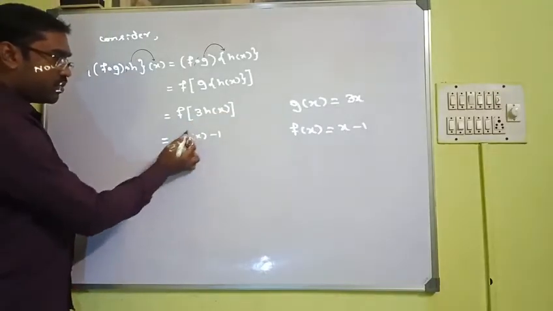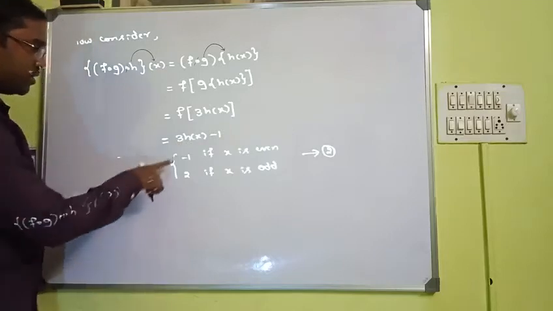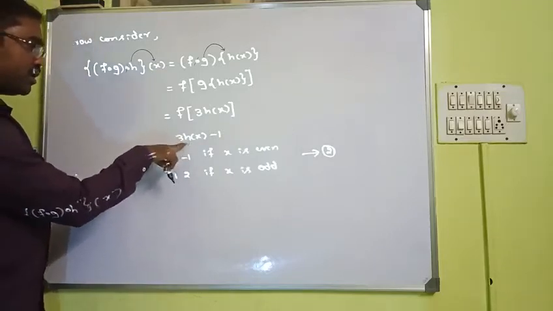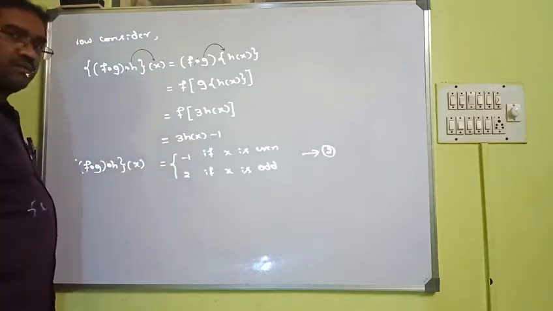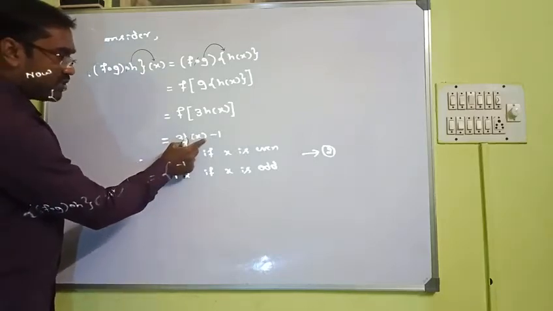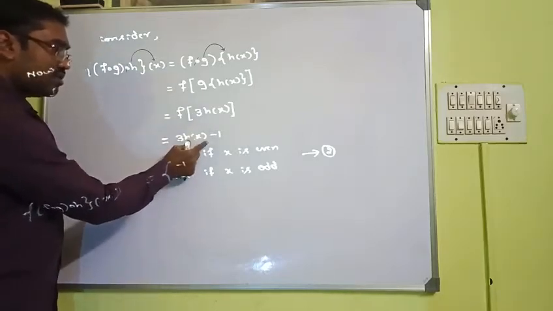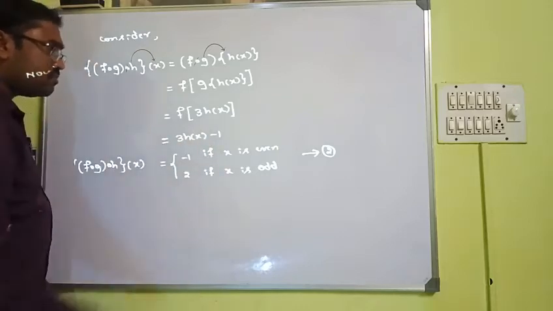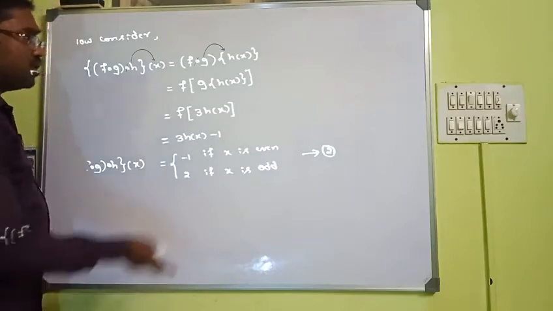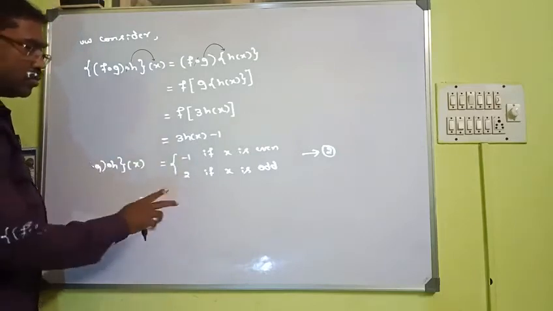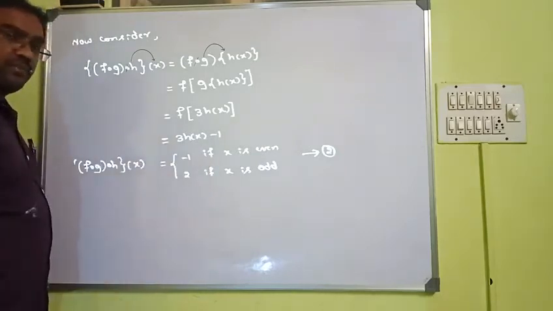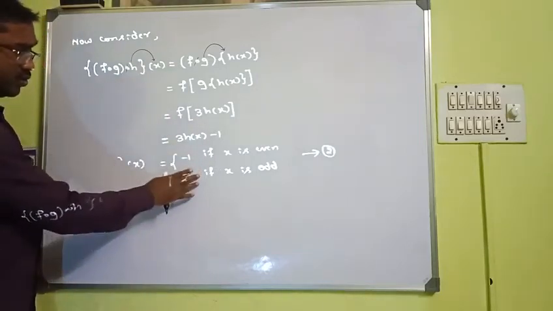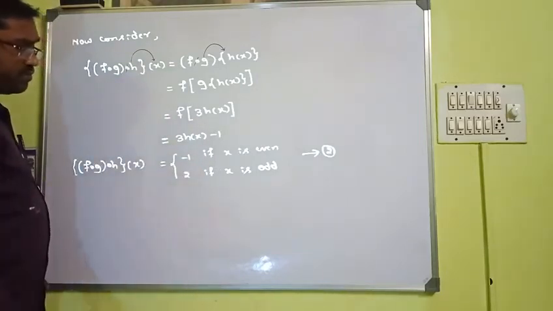Now let us substitute what is h of x. If you substitute the value of h of x as we did in the first case and simplify, you will get the same thing. Call it equation number 2. If you compare 1 and 2, the RHS is the same. The RHS of 1 and 2 are both the same.